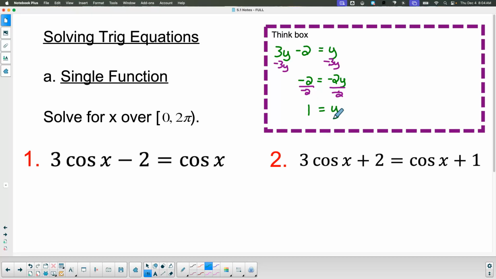You have probably done thousands of those since before you started in Algebra 1. You've done lots and lots of those. Today is no different, or I should say, let me rephrase that, because it is a little different in the end. But getting to the part where you've got it solved is no different today than it has been in the past. Okay? So now here, I'm going to,